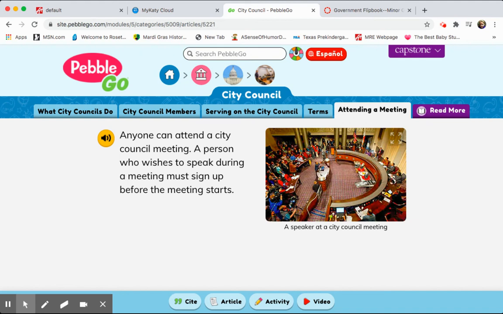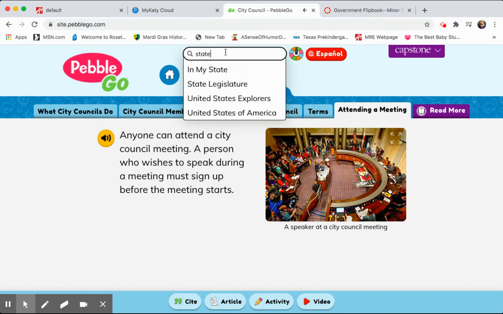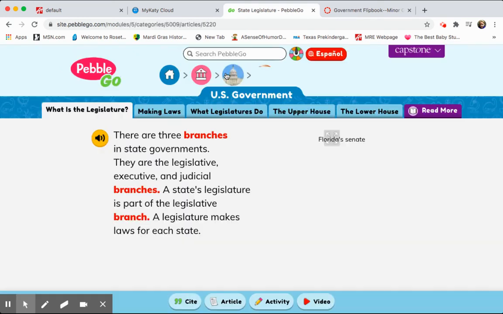Remember that your state government is three branches and separation of powers between the three. You have a governor, executive branch, bicameral legislative branch that meets biennially, and the judiciary that is elected by partisan ballot. Okay, that's for your state government. Now we're going to read a little bit about your state legislature.